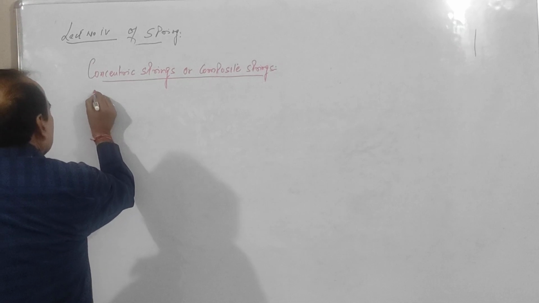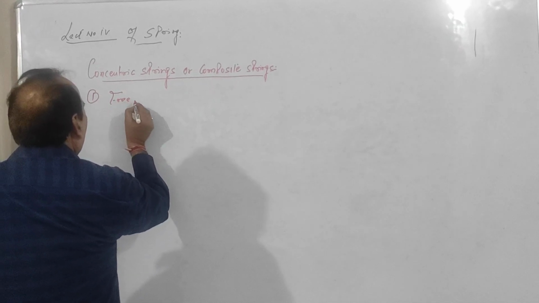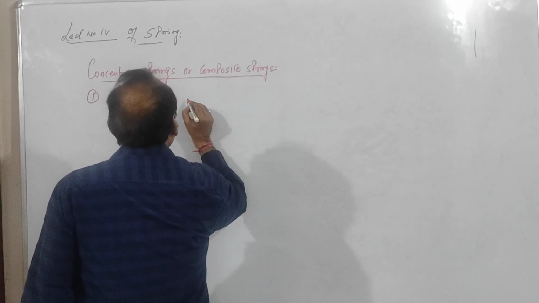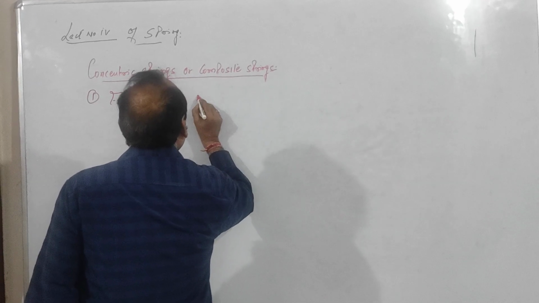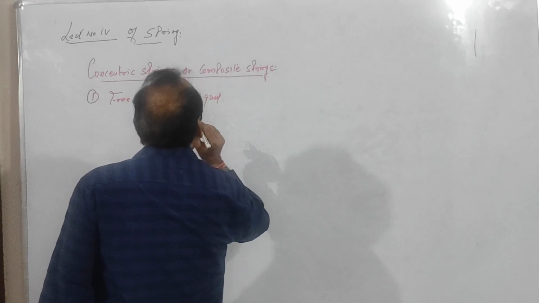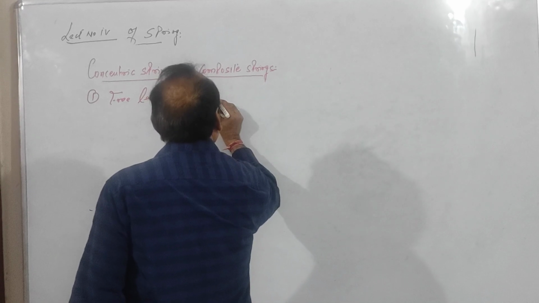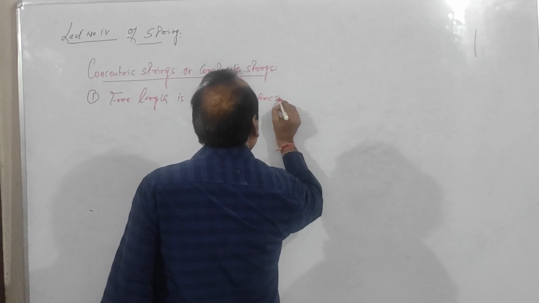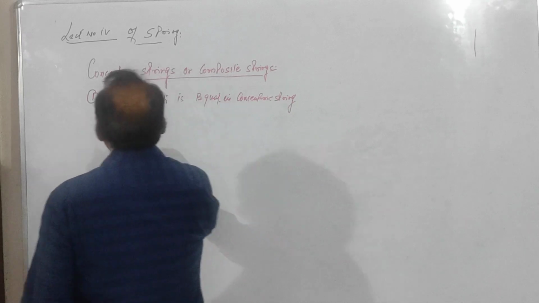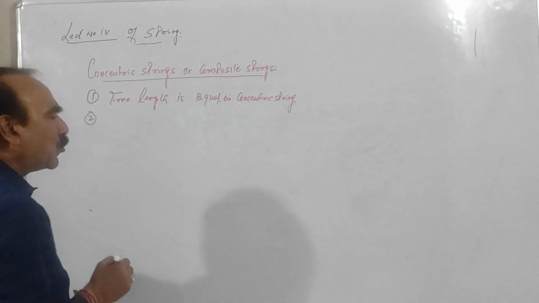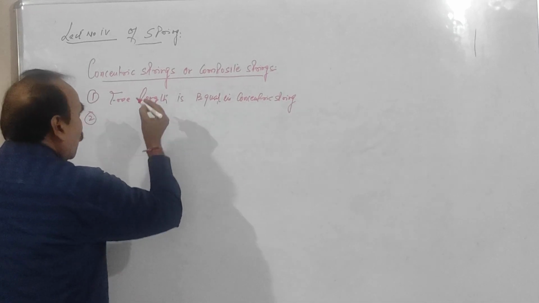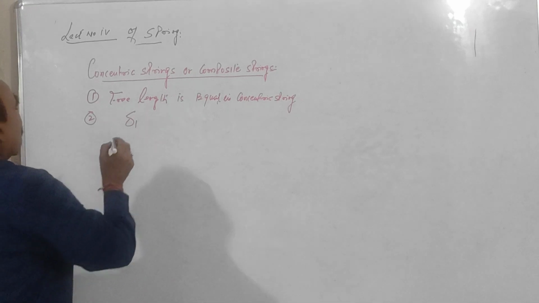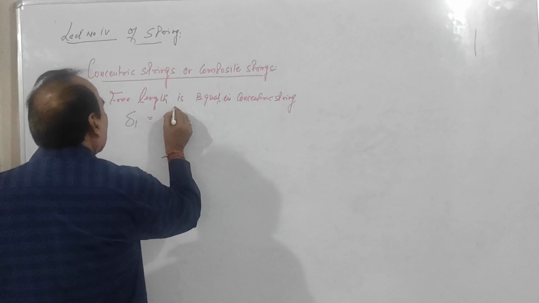You can say in compression, this free length होगा, free length is equal, free length is equal in concentric spring. सेकंड कंडीशन है कंप्रेस्ड इक्वली, तो आप कह सकते हैं जो आपकी कंप्रेशन होगा एक स्प्रिंग का, delta 1 is the compression of one spring, so you can say that is equal to delta 2, जो कंप्रेशन ऑफ द दूसरा